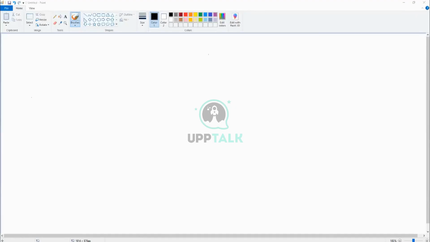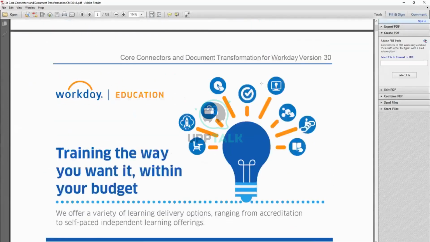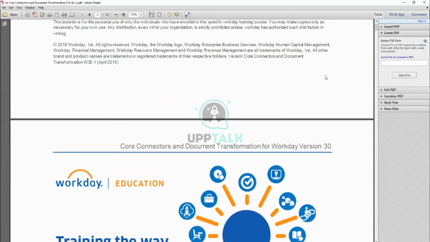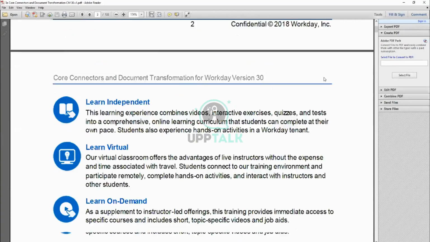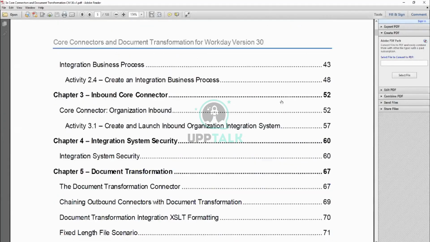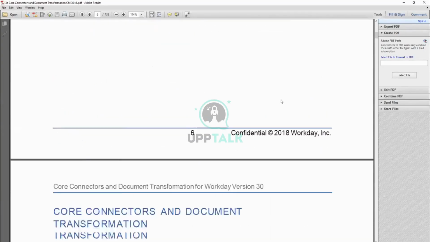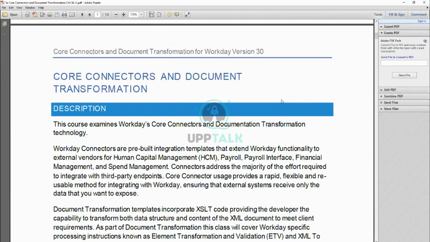But before that, this is the guide that we will go through. This is a Workday documentation which I used during my certification way back in 2016, but that's a 2018 version. In the actual Workday certification, they also teach the same stuff which we will be covering as part of the integration course. We will start